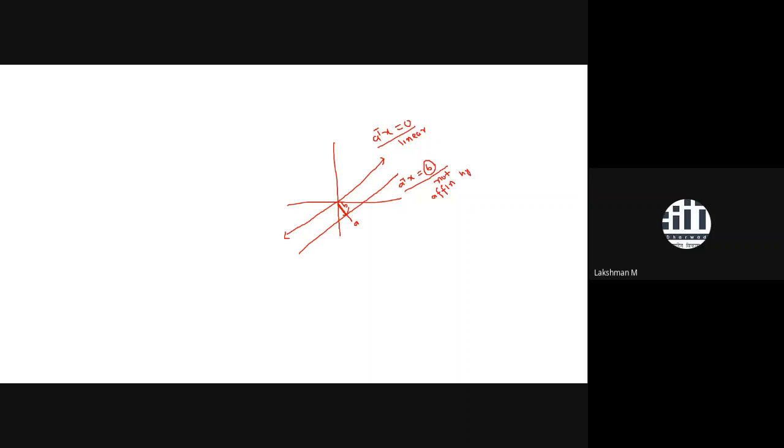Why? Because hyperplane is always related with dimension. What is the dimension of this line? We have only one direction to move along the line, so the dimension of this line is 1. Similarly, the dimension of the affine line is also 1. That's why the common name is hyperplane. If you are in R2, take any subspace whose dimension is 2 minus 1, which is 1.